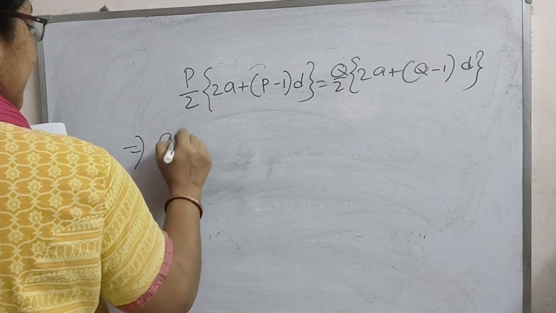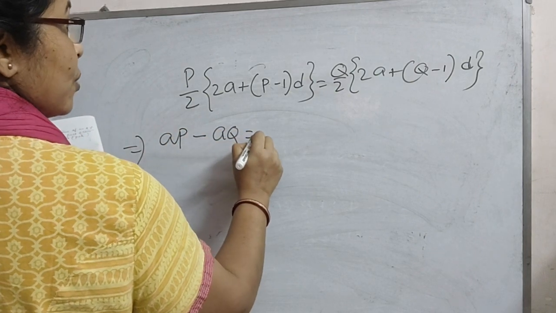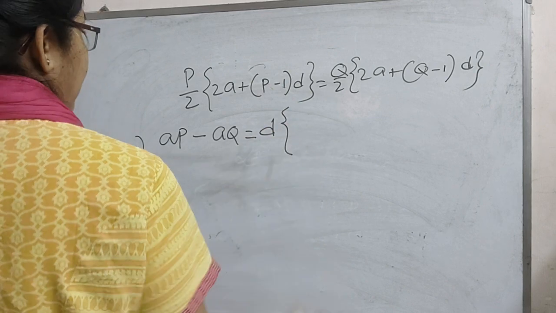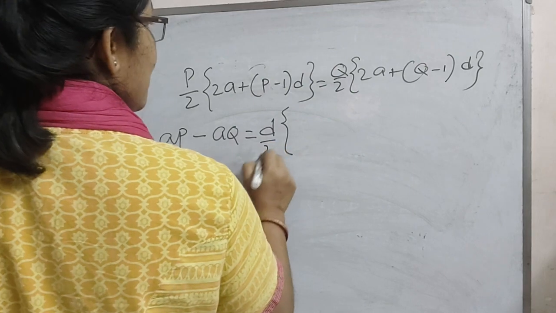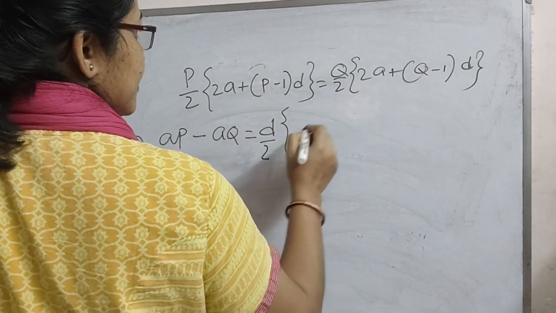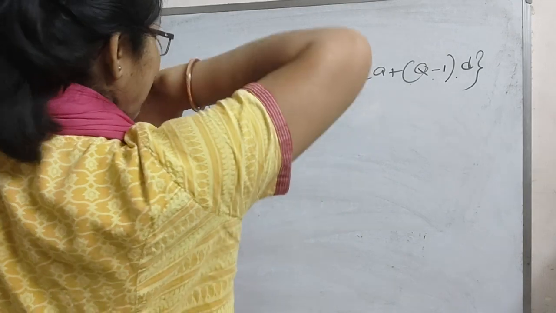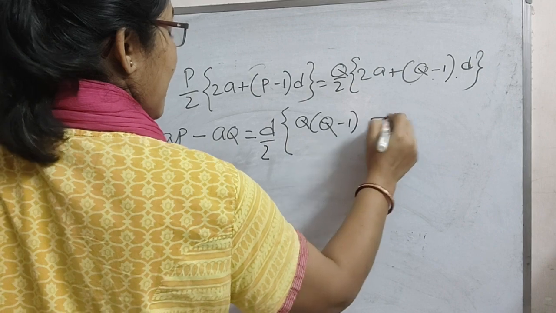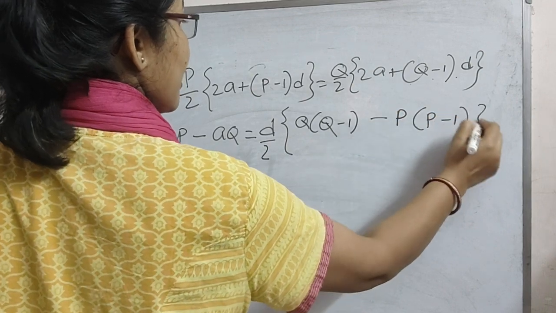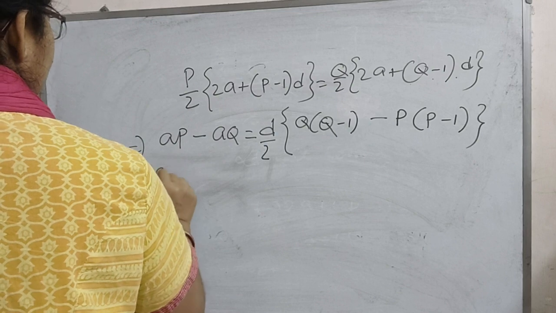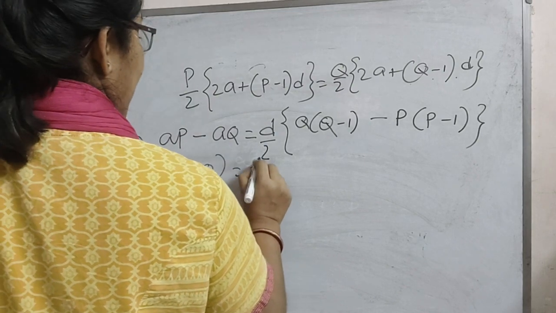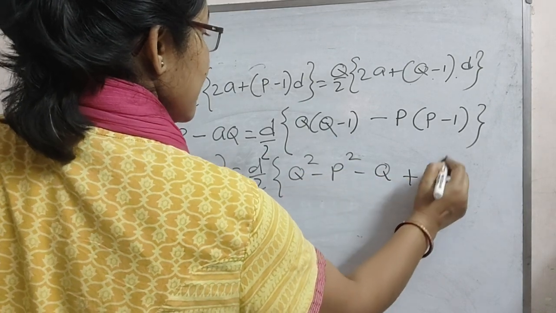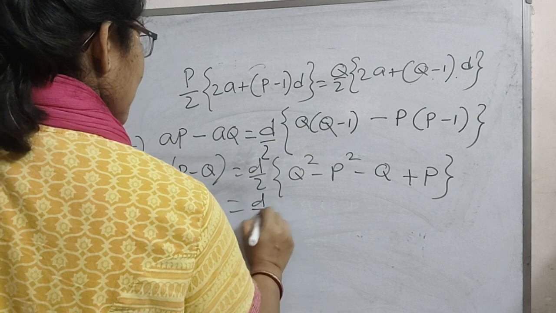So I can write ap minus aq, this equal to d by 2, q into q minus 1 minus p into p minus 1, this a p minus q, and d by 2, q square minus p square minus q plus p, this equal to d by 2,